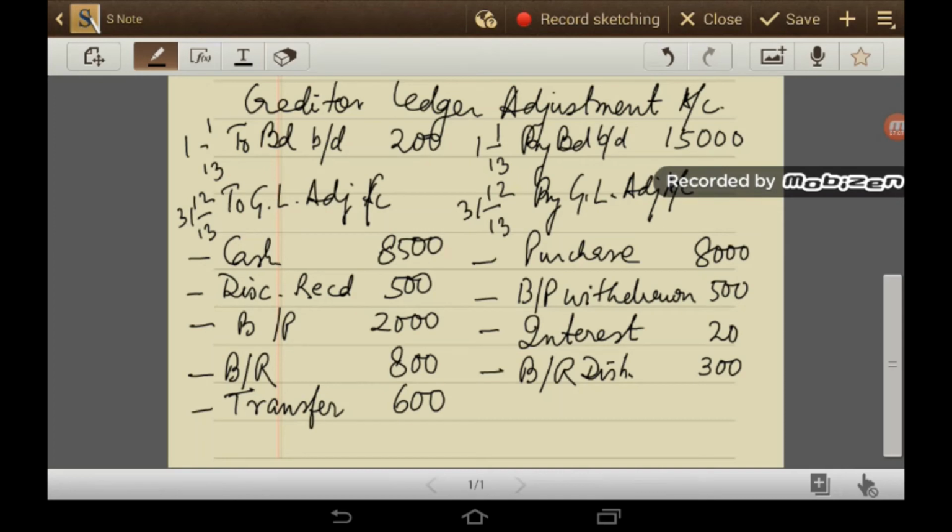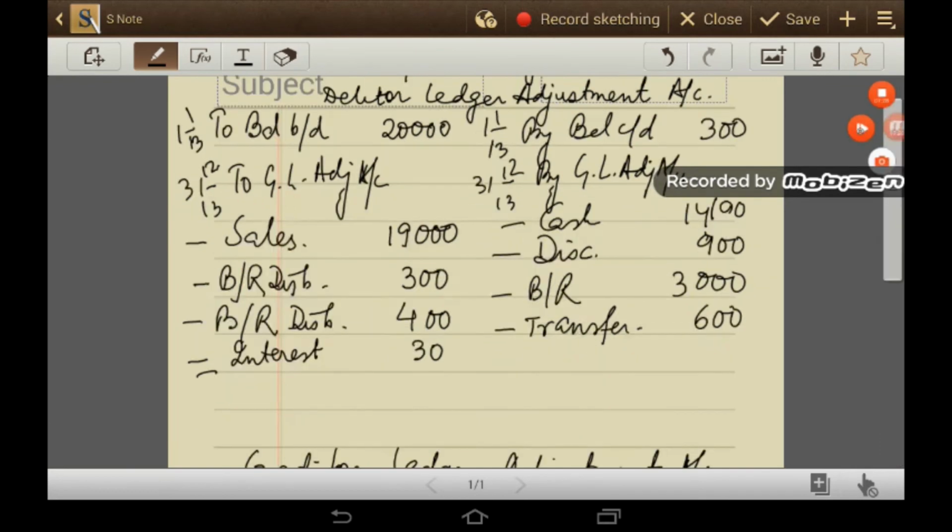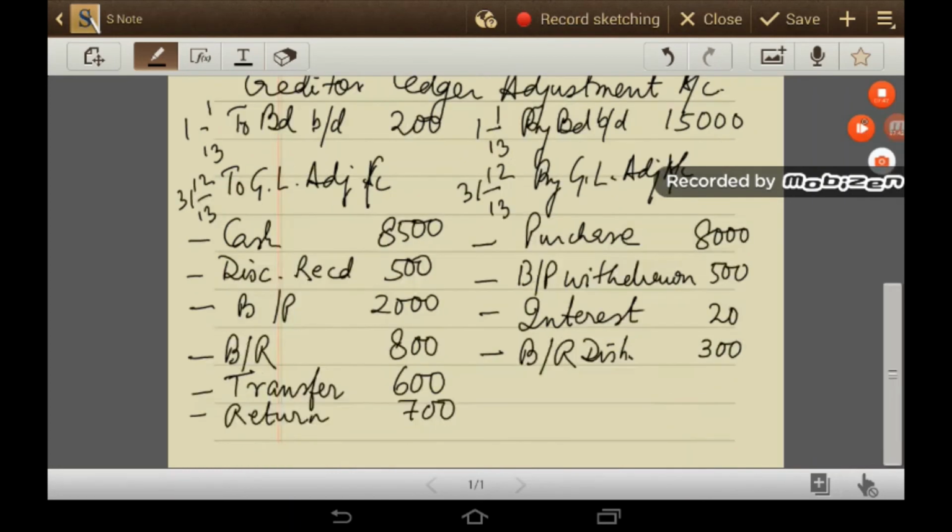Next item is return, and this is for credit return. So this is purchase return. So this is reflected in creditor ledger adjustment. The amount is 700, and then the debtor balance is given at rupees 450. So credit balance, so balance CD is given as 450, and credit balance is given at rupees